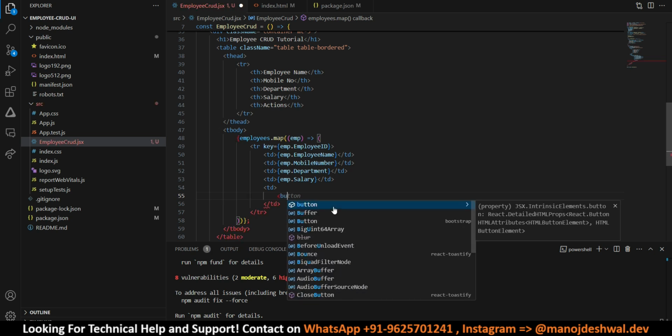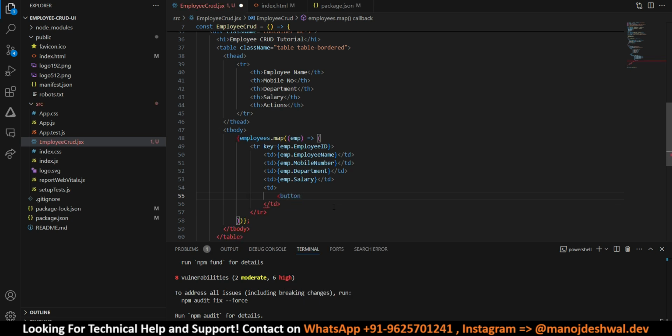So simply add a button, className btn btn-warning, also add some margin,